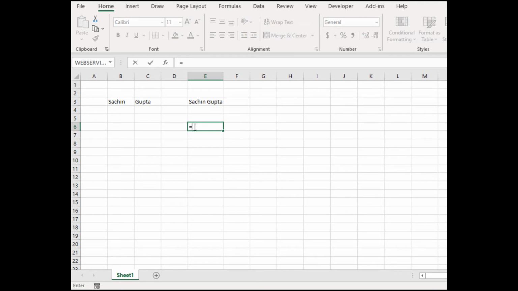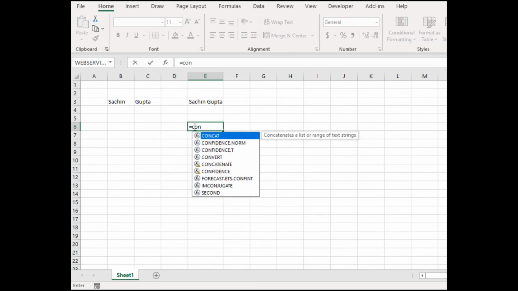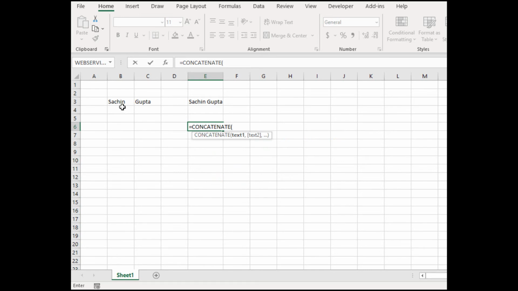Alright, now let's see the second way. So for the second way, there is a direct formula which if you type equals to and start typing, so this is the formula: concatenate, and here you have to choose the first text, then the second text, and then close the bracket. So you can also choose multiple texts, separate them with commas, or if there are more strings than two, then also these can be joined.